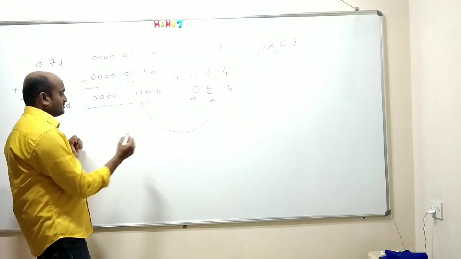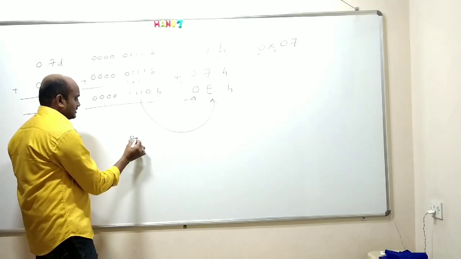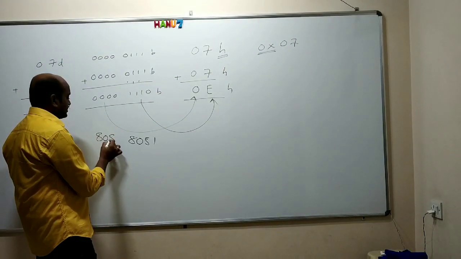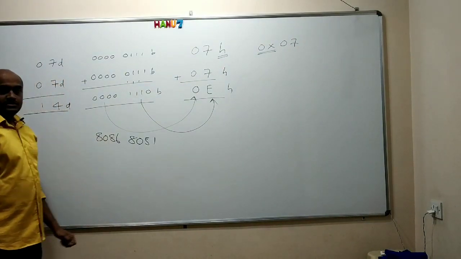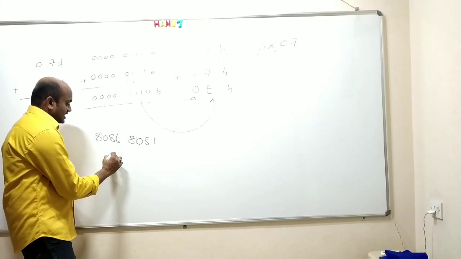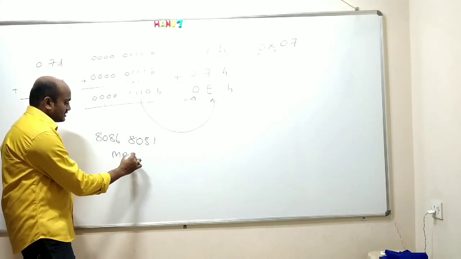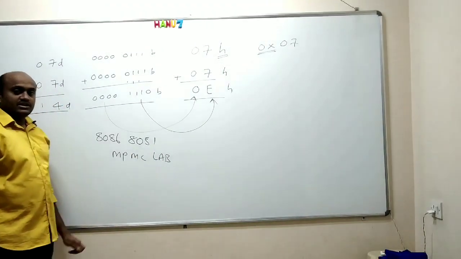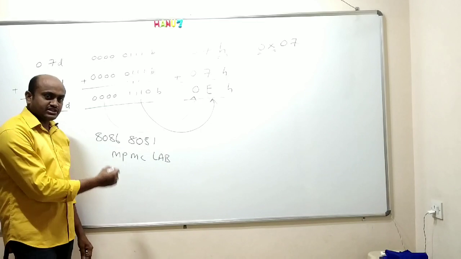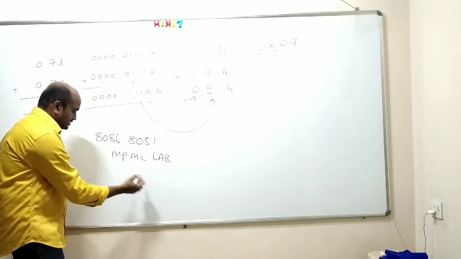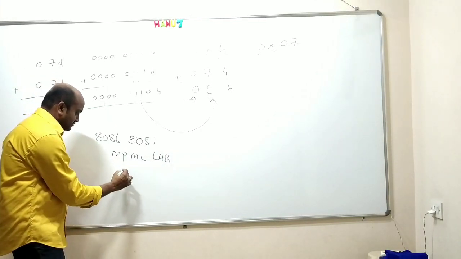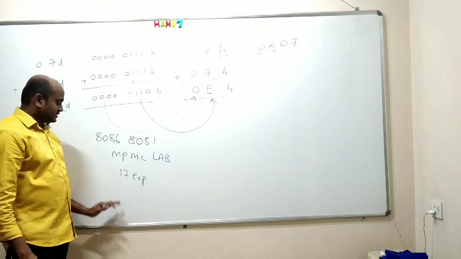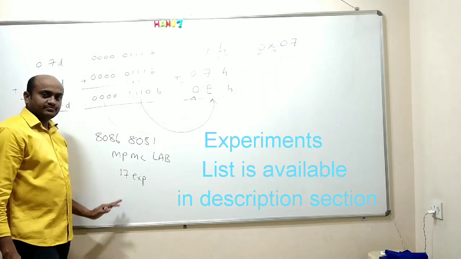For that we are going to work with microcontroller 8051 and then microprocessor 8086. That's why the name of the lab is MPMC. In this lab we are going to see around 17 experiments as of now. Later I will add more experiments. So these 17 experiments list